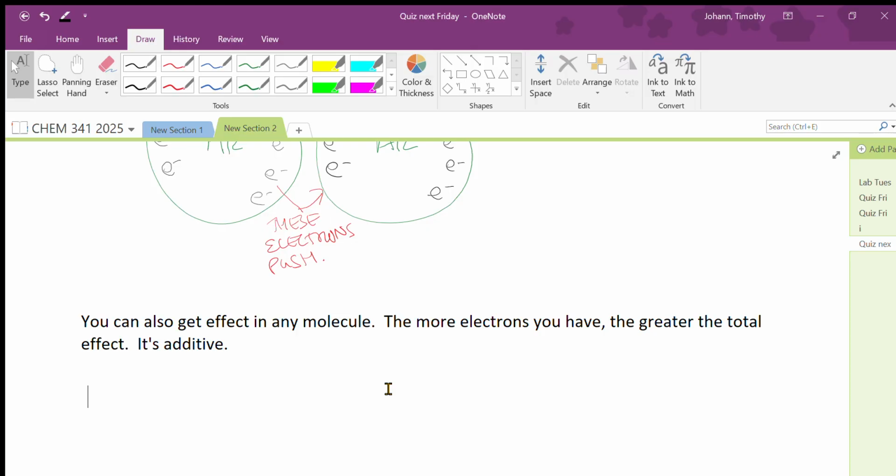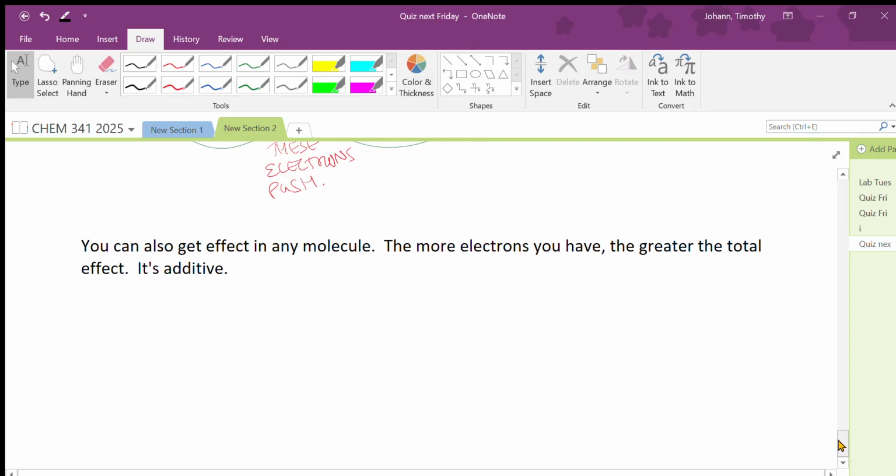Or if you want a better proxy, the heavier it was, the more, that might be molecular weight. But the bigger one, okay? The bigger the molecule is, the more electrons it will have. And so that's why, we'll talk about fatty acid melting temperatures later, but that's why if I have